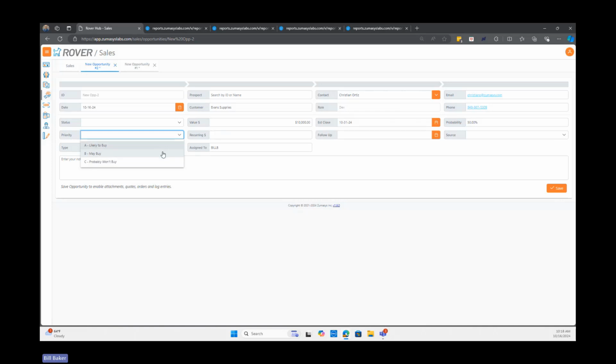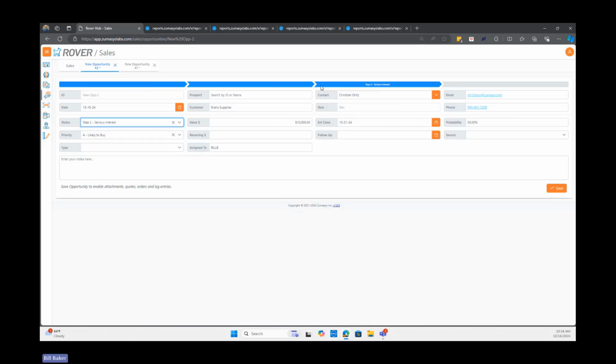Can determine priority here as well, and status. So status is a big one here. So this is configurable. Notice we got the indicator where we are as well above, but this can tell us kind of at what stage the opportunity is at. So follow-up date, whether the opportunity is recurring or not, and any notes, and then we can basically just save